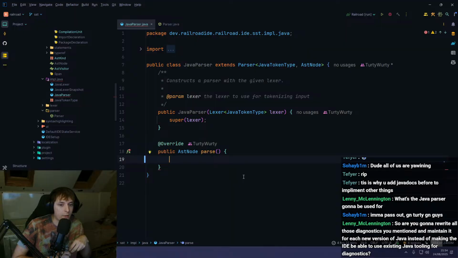IntelliJ has their PSI. VS Code, I don't actually know what VS Code uses. I think they use Eclipse JDT actually. But it's just too slow and it doesn't support incremental parsing. If it did, then sure. I mean, technically, I guess you could get it to support incremental parsing if you added,